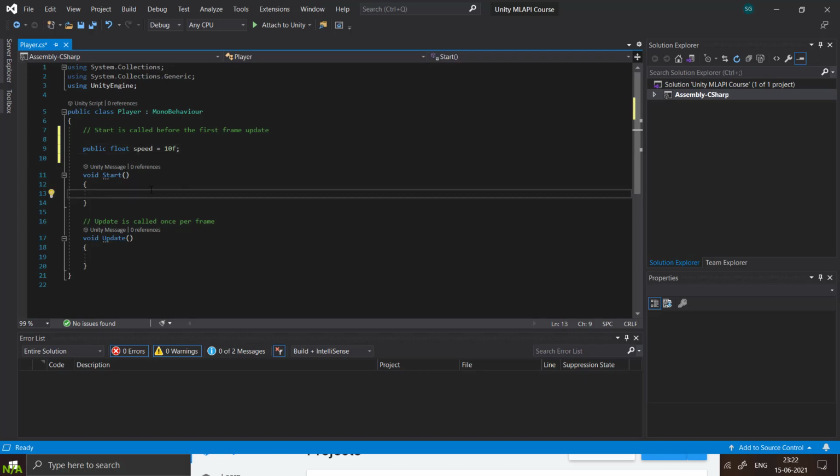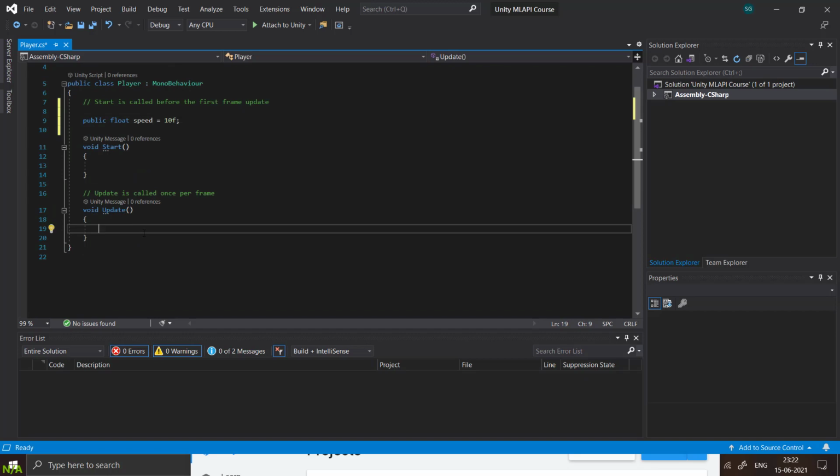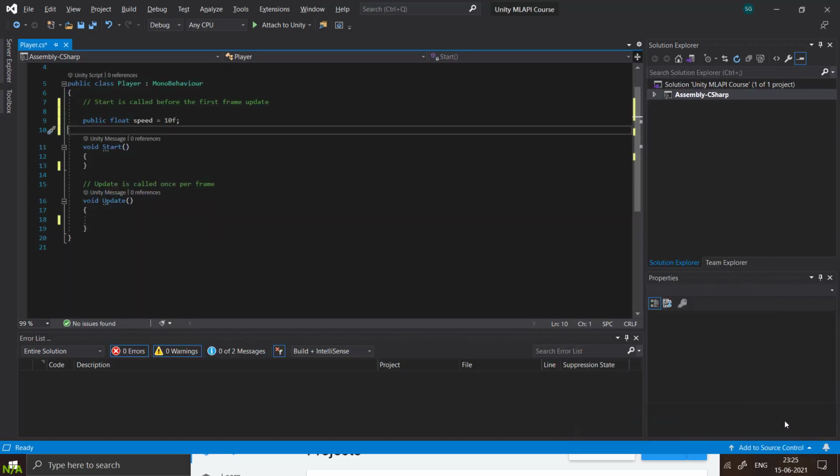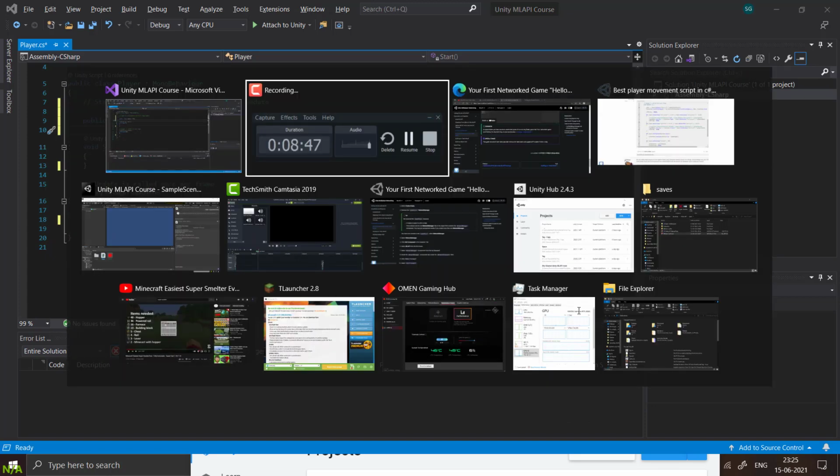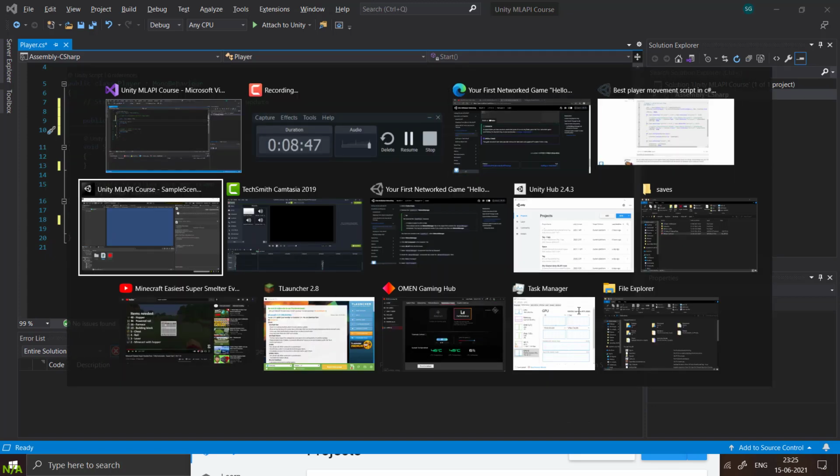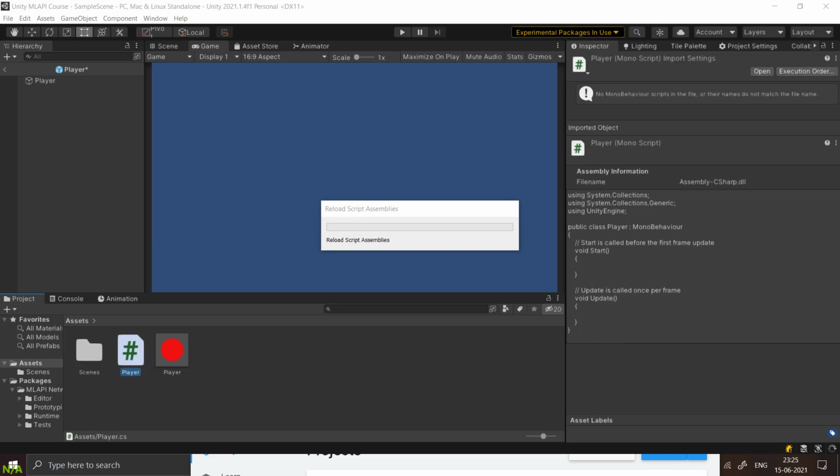Void Start has nothing. Next, just give me a second. We forgot to add one thing here. We will go to Unity.